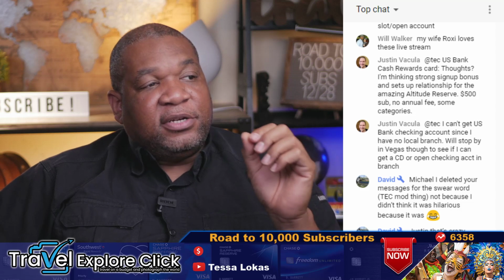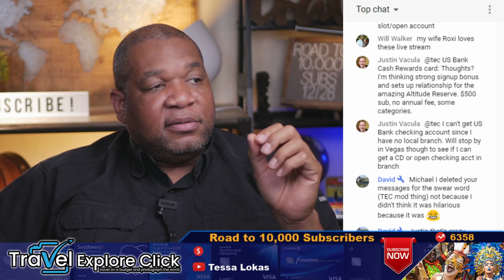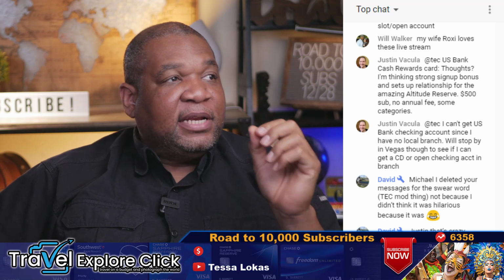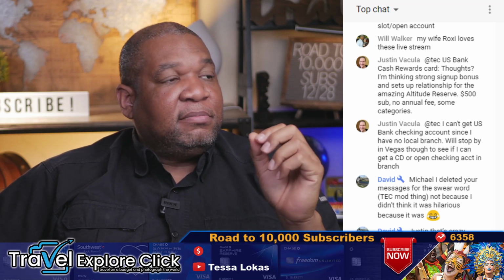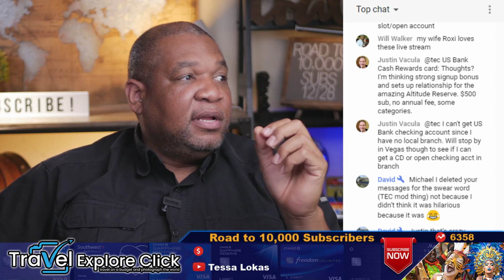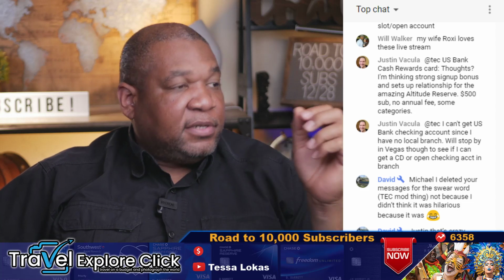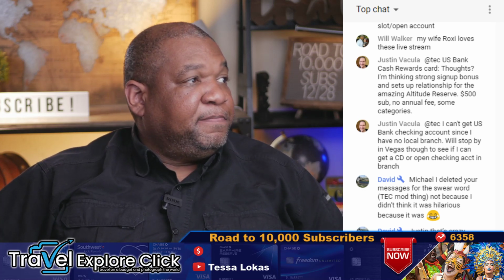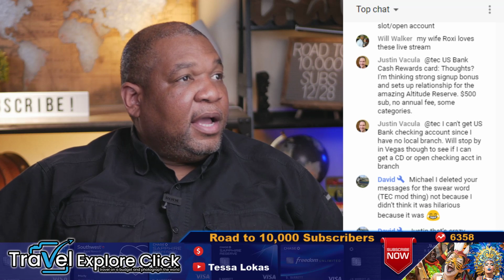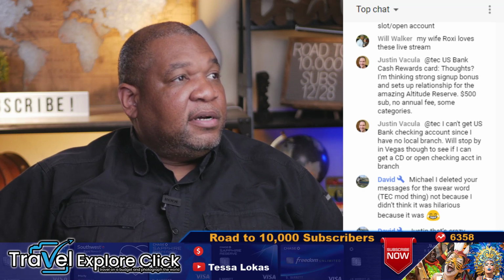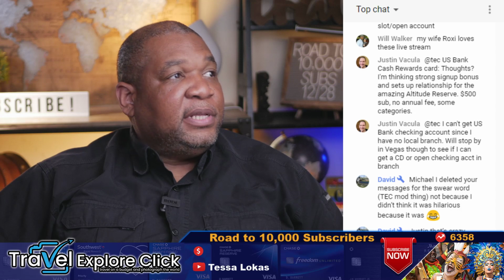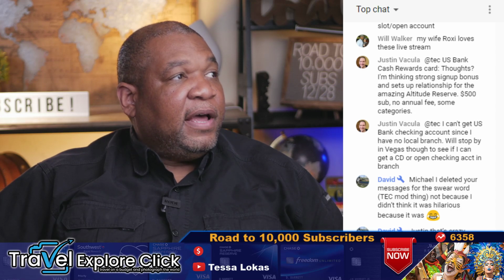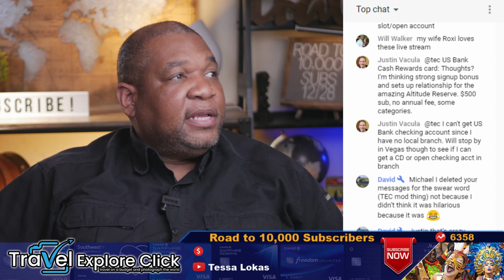The Altitude card is a good card, and we're going to pull this up right now. But I'm going to tell you the reason why I don't like USA Bank cards. Let me pull it up first, and then we'll get into this discussion, because I am a big fan of cards that allow you to earn points and give you the different little benefits and all that. But there are some things that you need to know when it comes to these cards, because